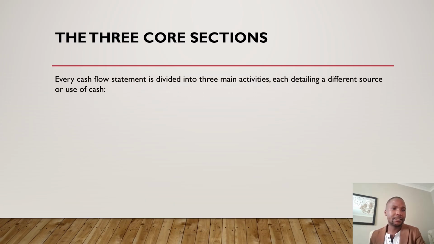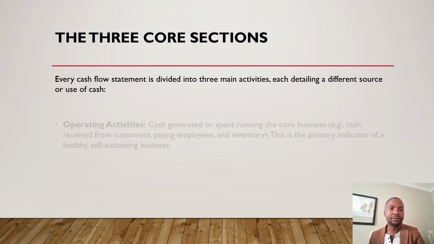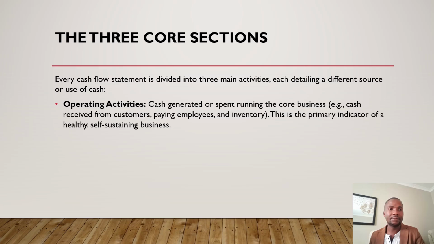Yeah, so every cash flow statement is divided into three main activities, each detailing the different source and use of cash in that particular reporting period. Okay, so the first one, very important, is the operating activities section. Under this section, we are looking at the cash that has been generated or spent when running the core business. It depends on what business you are in, but your core business,